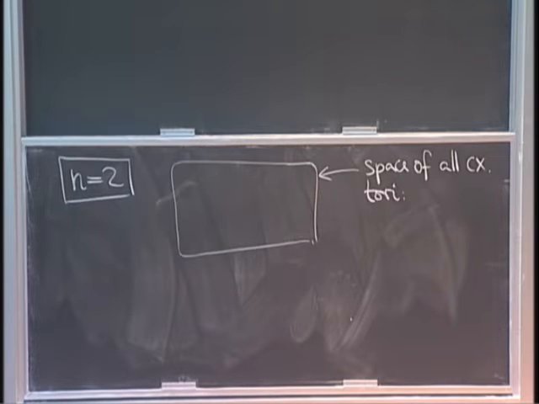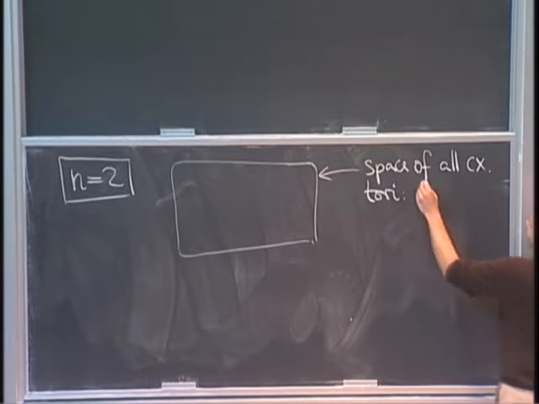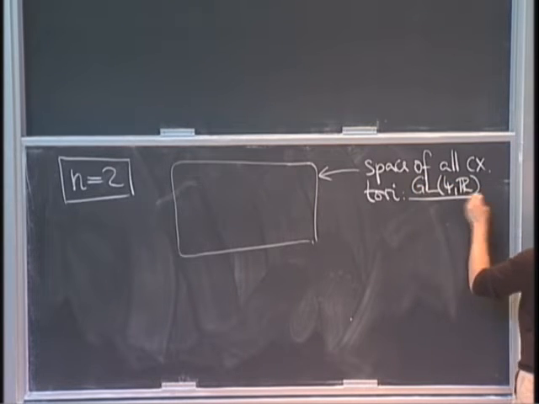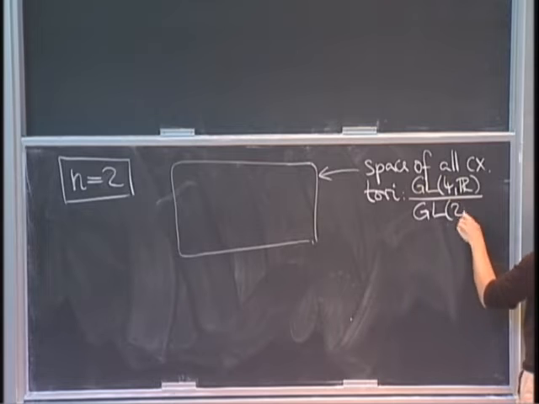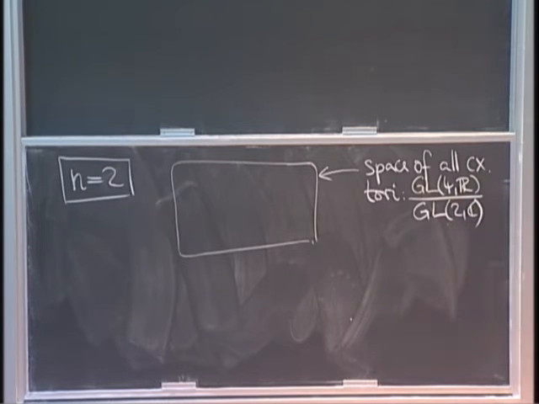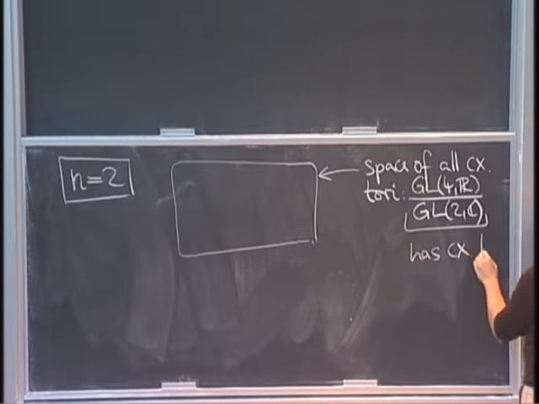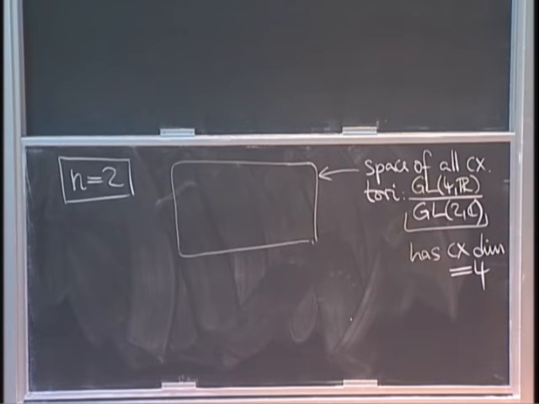Well, it's just if they differ by a matrix in GL2C that preserves the complex structure. So the space of all complex tori is actually GL4R modded out by GL2C. So it turns out that's a complex manifold of complex dimension 4. So this has complex dimension 4. Honest to God complex manifold. And now,